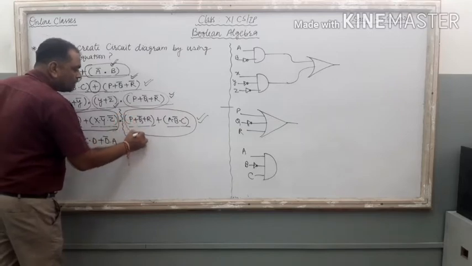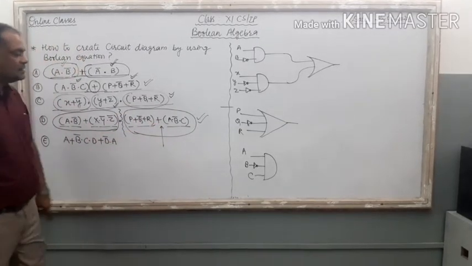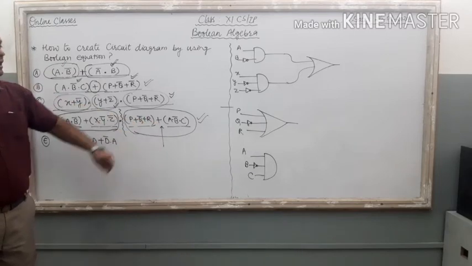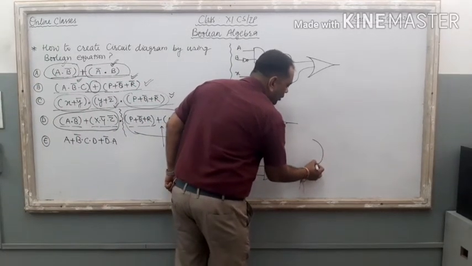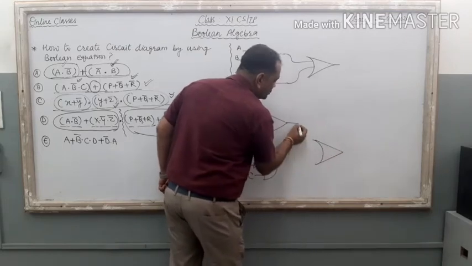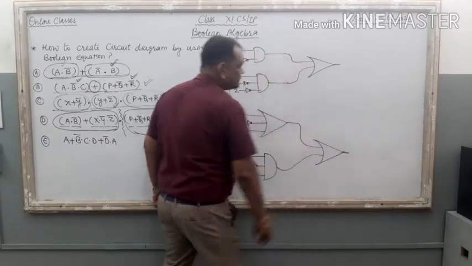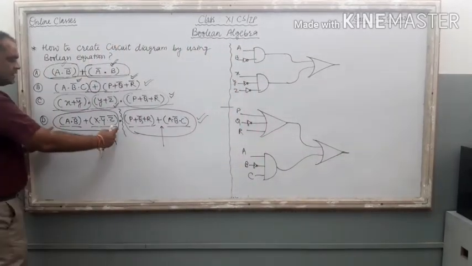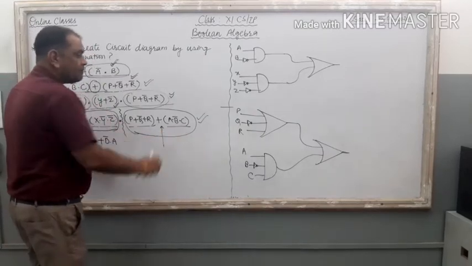These two different parts are connected with OR gate again. Here just check it out. Plus means OR gate. So I am going to draw OR gate here also and connect these two lines inside the OR gate like this. Right? So this part is ready at the first one and this part is ready separately.